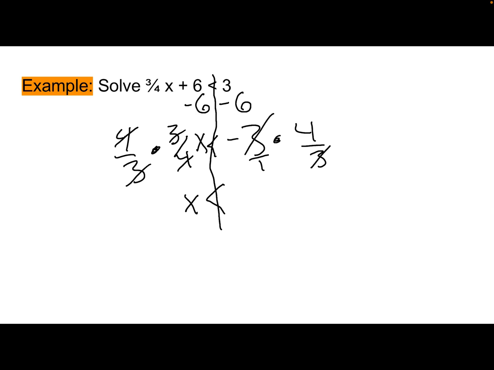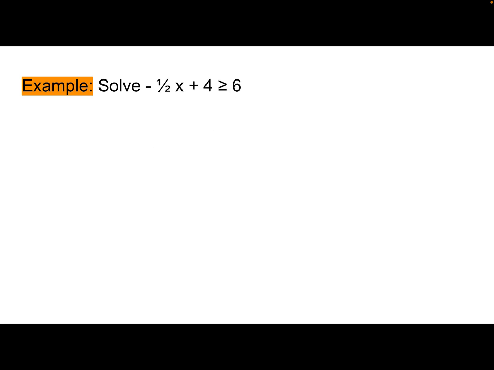We can cross cancel these 3's. So on the left we have a negative 1, and on the right we have a 4. So this would just be less than negative 4. So x is less than negative 4. All right, so key things to remember there. We started with subtracting the constant, and then we went to the dividing by the fraction. However, we noticed that we did not have a negative sign, so we didn't have to worry about flipping our inequality sign. All right, next we want to solve negative 1/2 x plus 4 is greater than or equal to